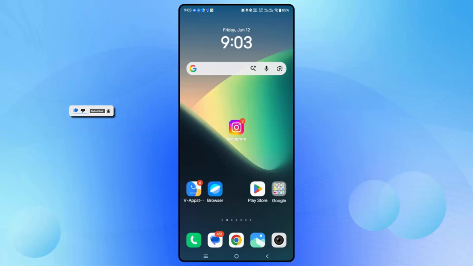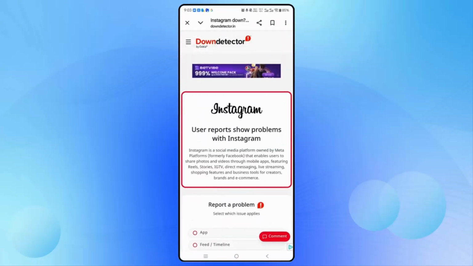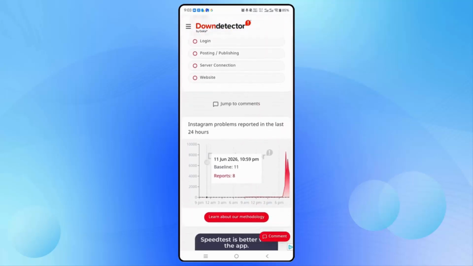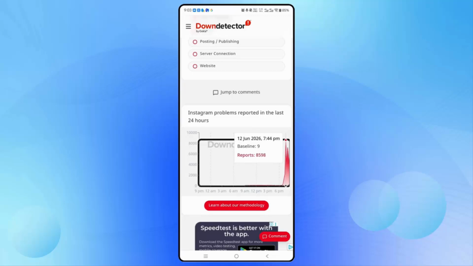this video. What you have to do is, this time there is a server downtime, so you have to check whether the downtime is resolved or not. So simply go to Google and search for Instagram down detector, and after searching for it, you have to open the website, and here you can see that there is a server downtime going on. So you have to wait for it before it is fixed